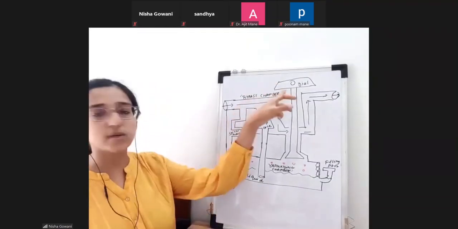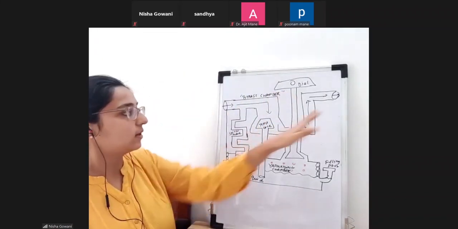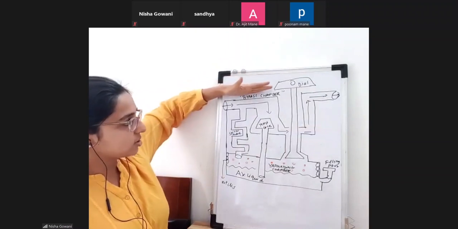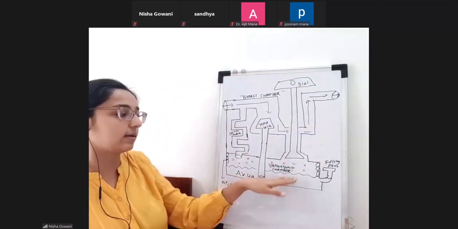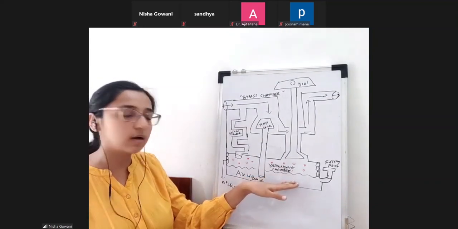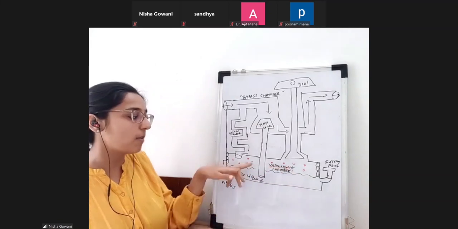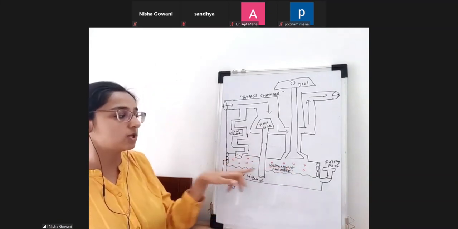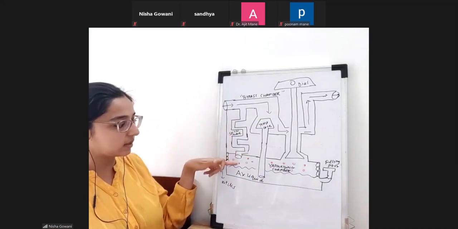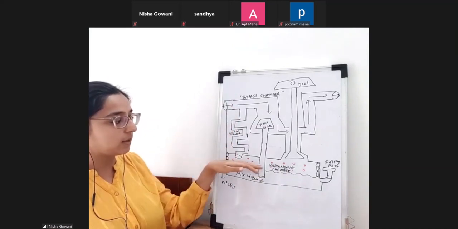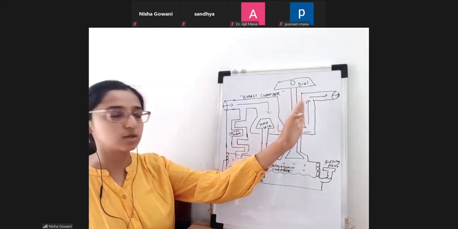Now if I switch on, see, these are the parts of it. This is the inlet, there is the outlet, there is a bypass chamber, and this is the vaporizing chamber. This is where my isoflurane anesthetic liquid is present. As I told you, the liquid has the capacity to evaporate, so vapors are going to form, and these red dots are the vapors present within this chamber. If my fresh gas comes into the vaporizing chamber, it will pick up the vapors and join the other part of the fresh gas.